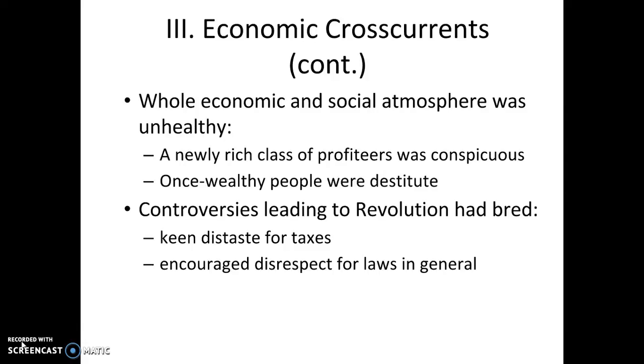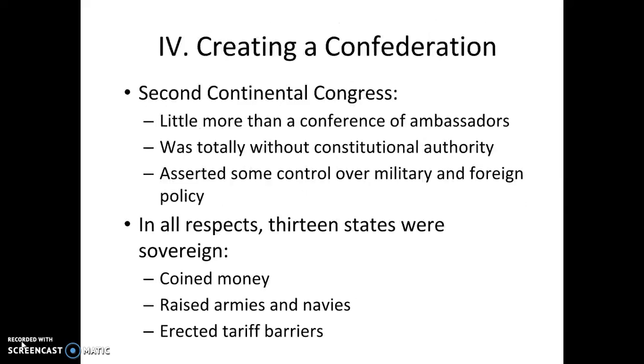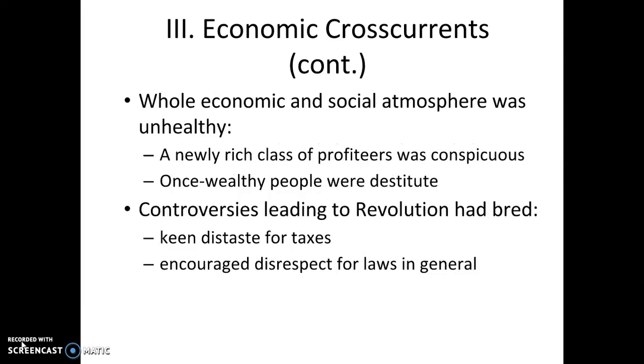And there are also things that you have to deal with that had brought the revolution about. Nobody really likes taxes, even though taxes are kind of necessary for running a country. And there's generally just a disrespect for law, which is also something that the colonies are going to have to overcome. I think we're going to stop there with a lot of the problems that we faced